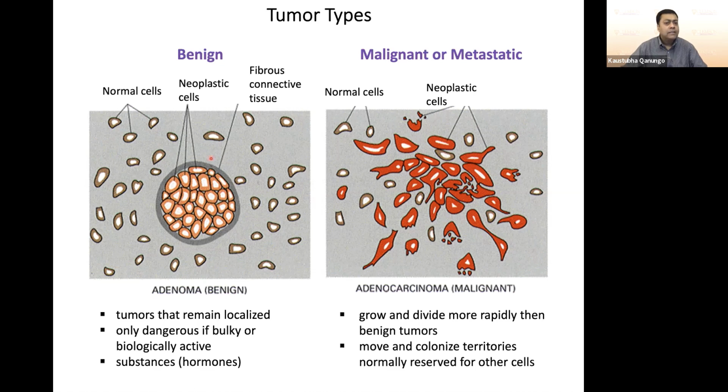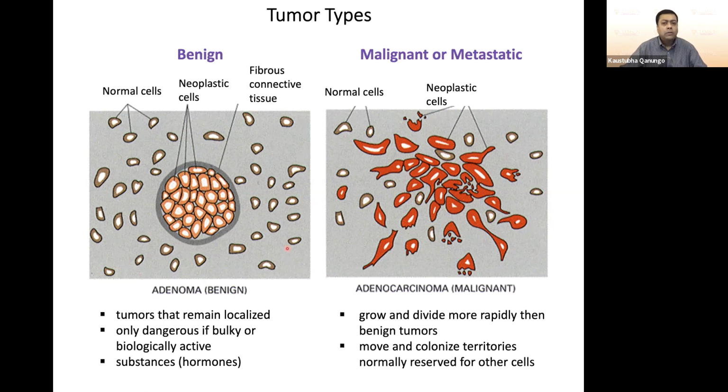But still, this is better in the sense that these tumors remain localized, but they only become dangerous if bulky or biologically active, and sometimes if they secrete hormones. But there are some exceptions to that, and we will come to that in a second. So generally speaking, the benign tumors are not a huge problem. And you can see that the benign tumors, as simple as a skin tag, can be considered as a benign